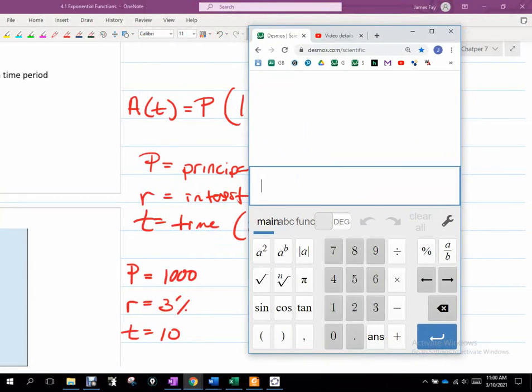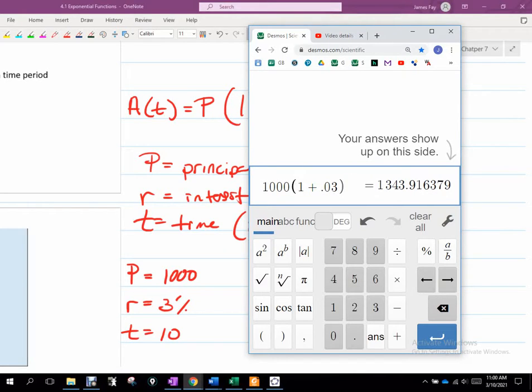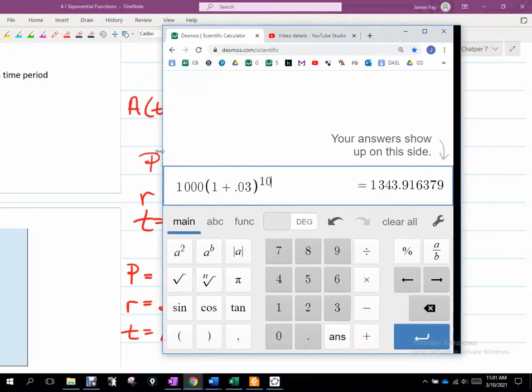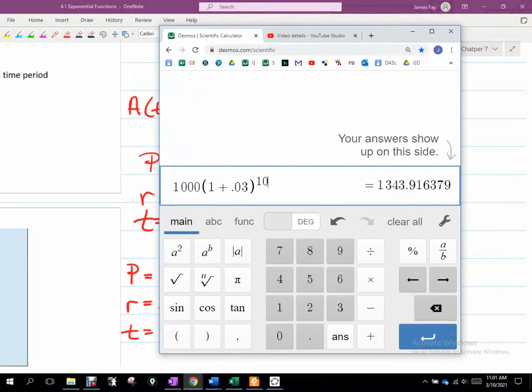I'm going to say principal is 1,000, 1 plus my interest rate of 0.03, and I'll raise that to the 10. Okay, so that gives me $1,343.91 at the end of 10 years. Okay,